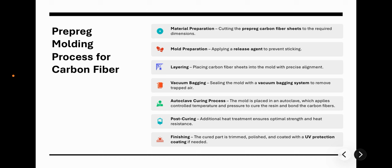This will be one of the manufacturing processes for carbon fiber. It is the pre-preg molding process. These are the steps it'll go through for the manufacturing process in general. It'll start off with material preparation, so it cuts the pre-preg carbon fiber sheets to the required dimensions. It'll then go through mold preparation, applying a release agent to prevent the sheets from sticking. Layering, placing carbon fiber sheets into the mold